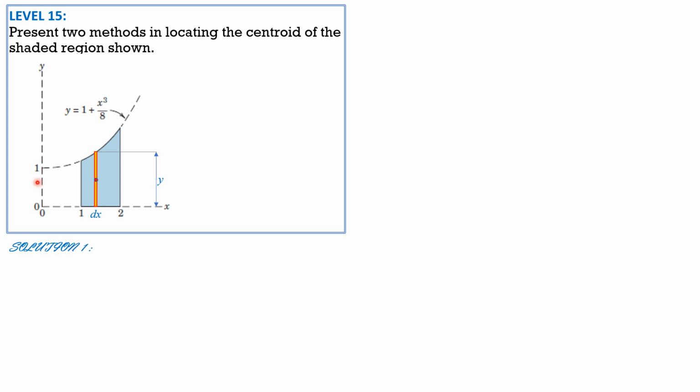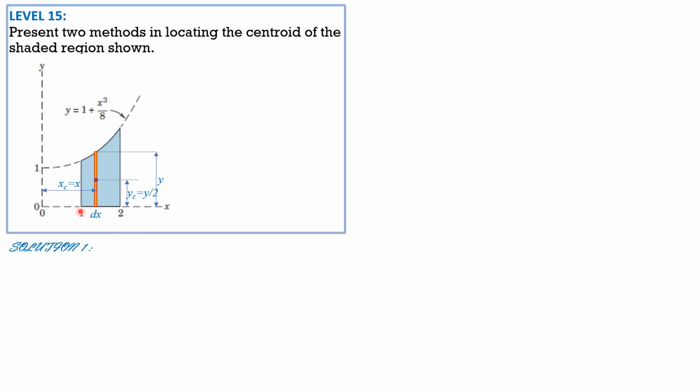While for the x-coordinate, because this is parallel to the y-axis, every element of the vertical strip is equidistant from the y-axis. So x sub c is just x, as shown. And y sub c is half of the height of the rectangular strip, so y over 2. Y sub c is y over 2, as shown. So by integration,